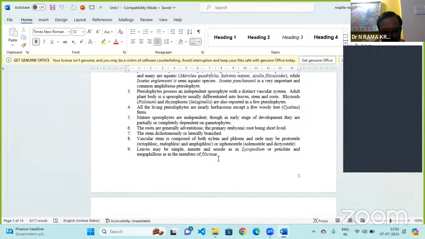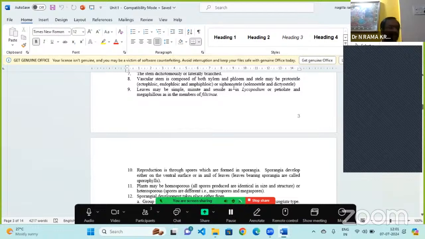Secondary development is absent in the majority of living representatives. So here we are looking at secondary development. The vascular system is most important in this group. Here the vascular system is composed of both